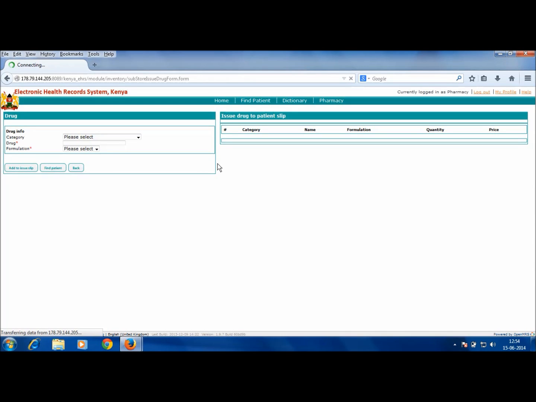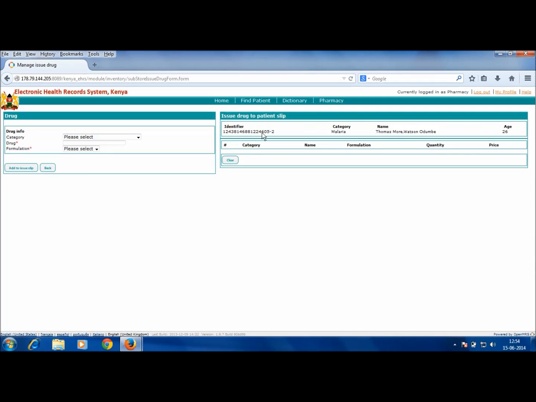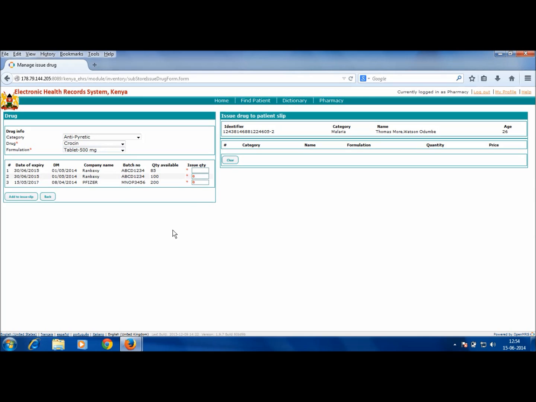Click on the name of the patient. The patient's name will start to appear here. Click on the category of the drug. Select the drug. Select the formulation. The system will show a similar kind of interface, and from here the pharmacist can issue the drug to the